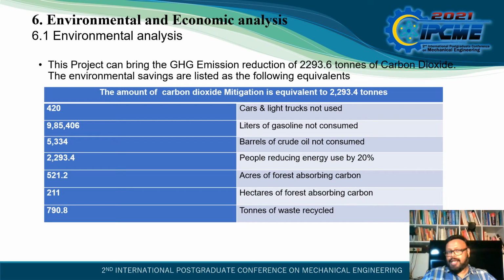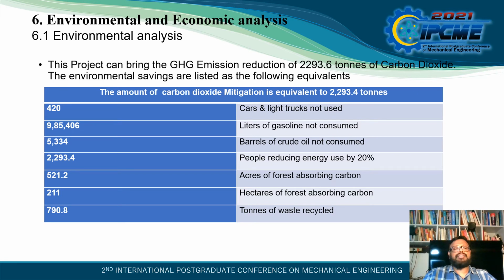And coming to the environmental and economic analysis. The environmental and economic analysis is conducted utilizing RETscreen software. It is found that 2,293.6 tons of carbon dioxide is replaced per annum if this project is implemented. This environmental GHG reduction of 2,293.6 tons, according to RETscreen, is equivalent to 420 cars and light trucks not used,